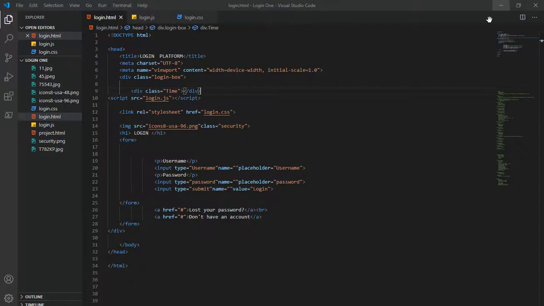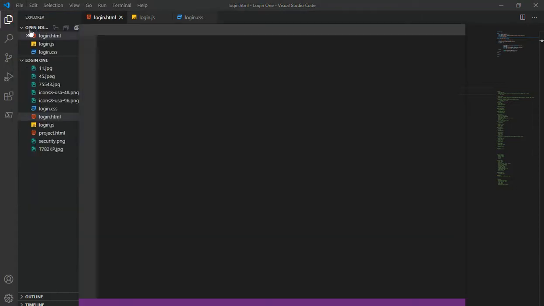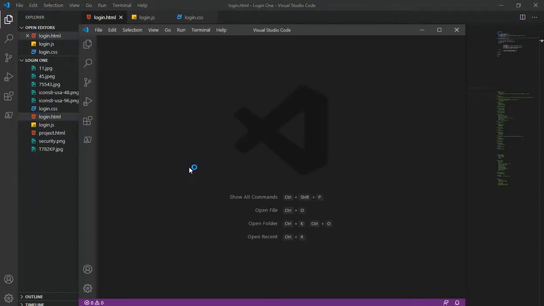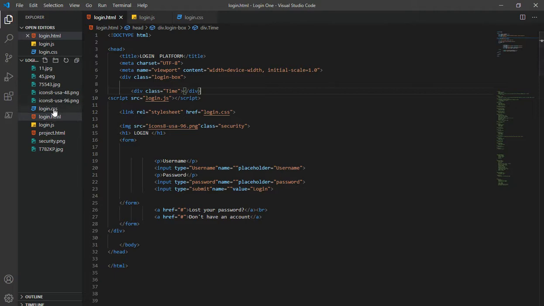So let's go to our web design. So now at first you come here. In most cases, if you have not opened a file yet, you come right here, you say new window, and the option will come and you can create a folder, and in that folder you can create a file. But for this tutorial I don't really need to do it because I already created a folder, and this is the folder, so I can just create a new file within this folder. Come here and say